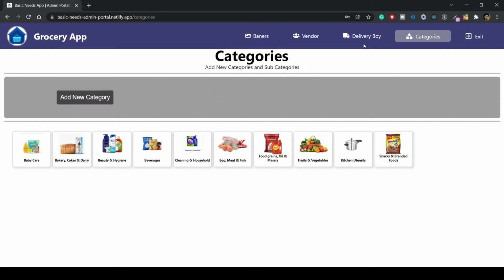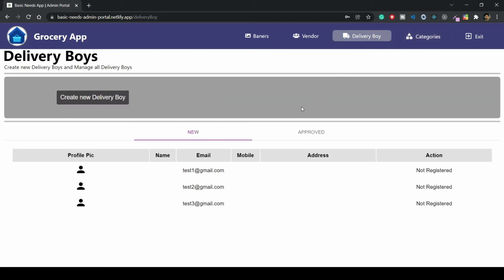And finally we will go to this delivery boy part, where the new delivery boys who will be allocated emails by us can set their own passwords. When a person comes and tells us that he or she wants to be a delivery person of our application, we allocate him or her one email ID.